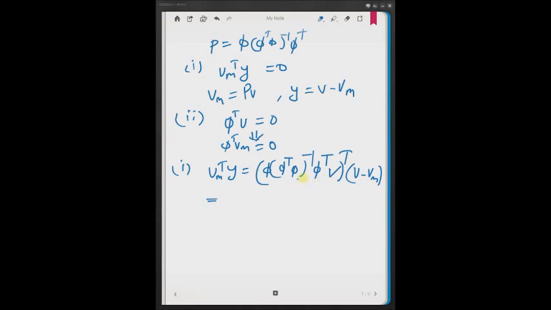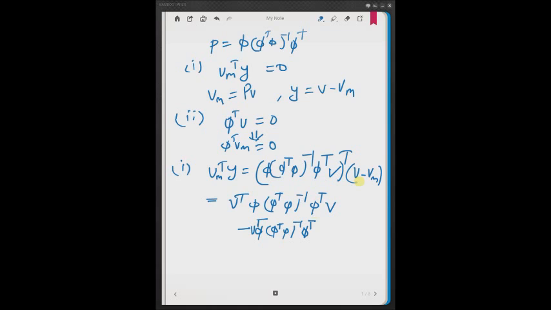So if we rewrite that, it is V transpose, and the transpose of this product is still the same thing, this phi transpose phi inverse phi transpose, and we again have V minus the product of this matrix with the Vm. So which is again phi transpose phi whole inverse phi transpose, and there is a V transpose here,